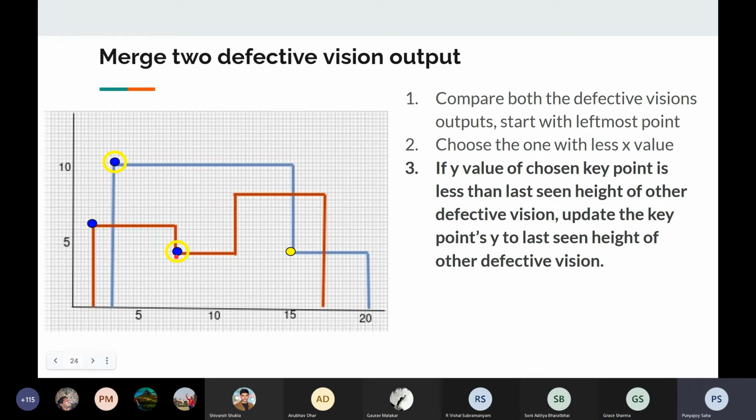So this one will move to where? So 7,10 means here, right? No, sir. The first key point of the blue one. So have we considered the first key point of the blue one? No. So the algorithm is, so